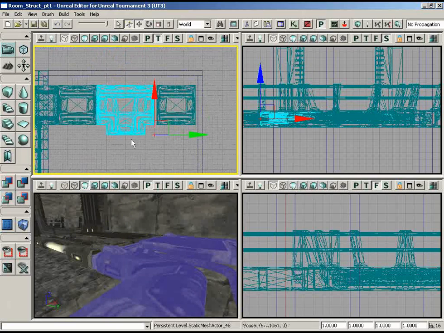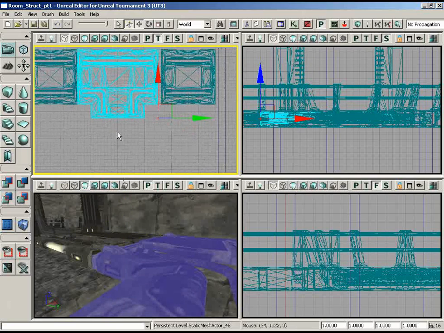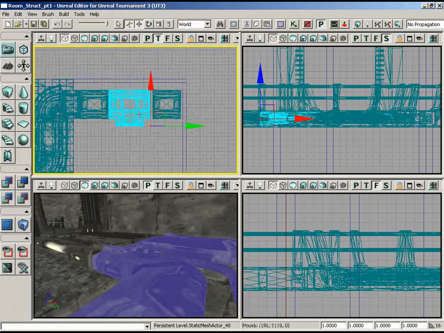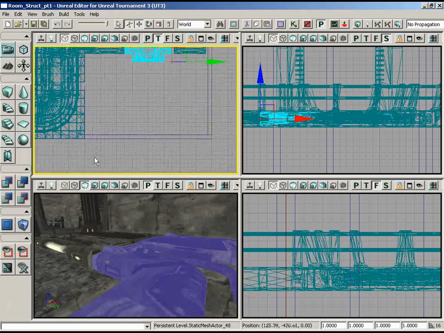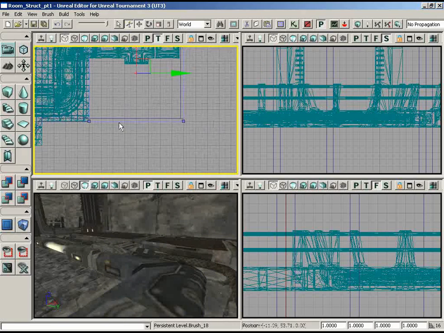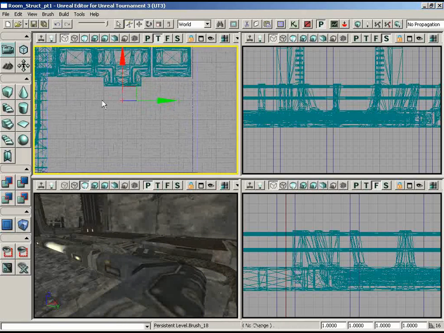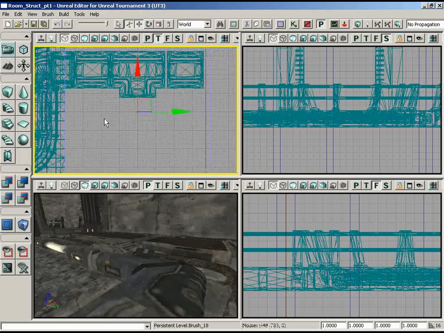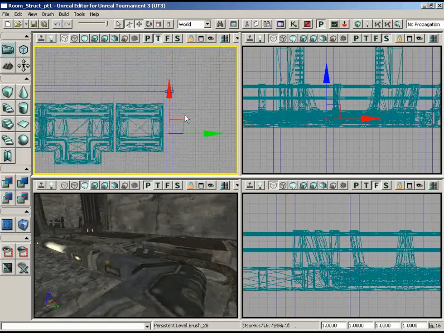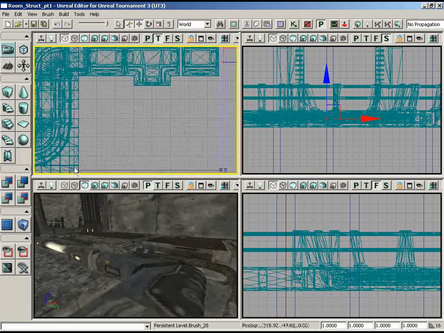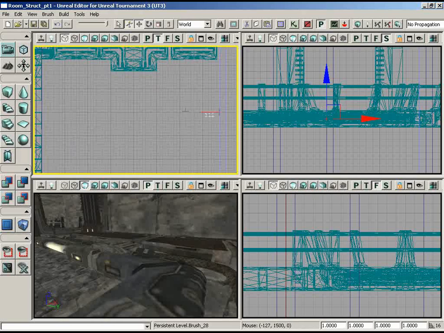Now what I'm looking for with this mesh is to have the very center of the mesh centered in on this room, this 1024 room. And it looks like it's centered there. Now, just remembering back to the construction of this level, this wall should be 1024 units. And I want this centered up on it, which looks correct. The only problem is we're not actually getting 1024 units out of this room. This wall on the far side is placed on the inside of these brushes. That means if we were to measure, we'd probably have only 992 units,